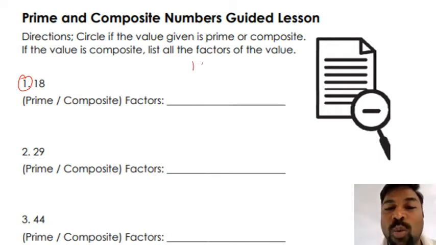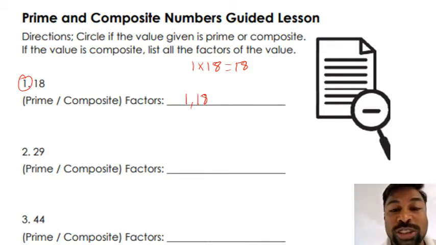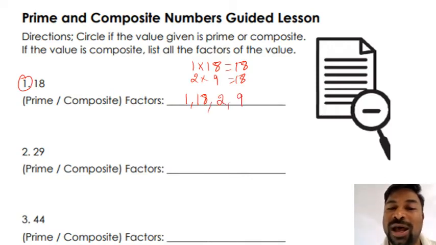Shall I go for 1 into 18 is equal to 18? Yes. So which is the first factor? 1 and also 18. Good. How many factors have we got already? We got 2 factors. Now let us check with one more. Shall we go for 2 9s is 18? Yes. So which are the other 2 factors we got? We got 2 and also 9.